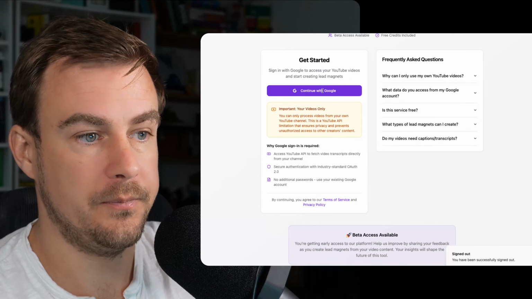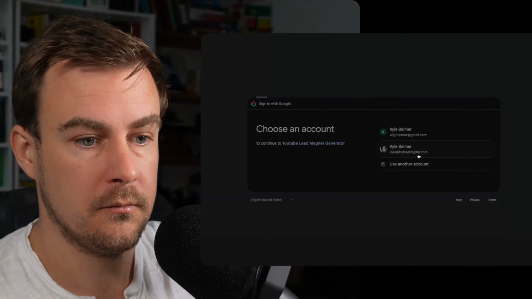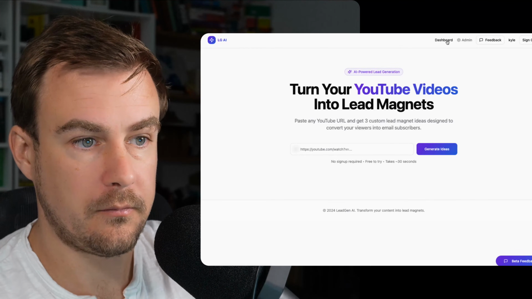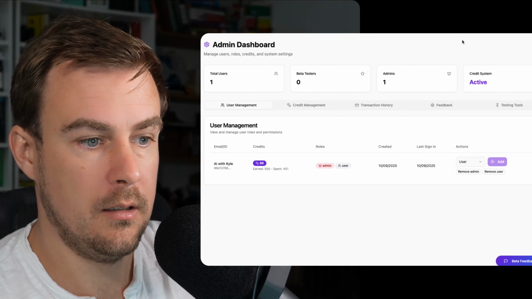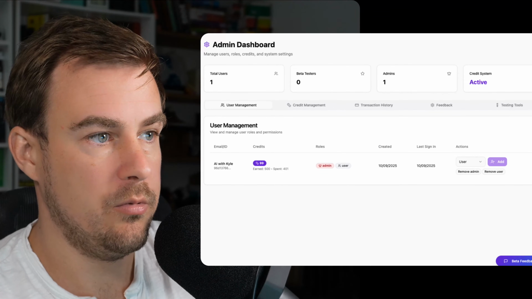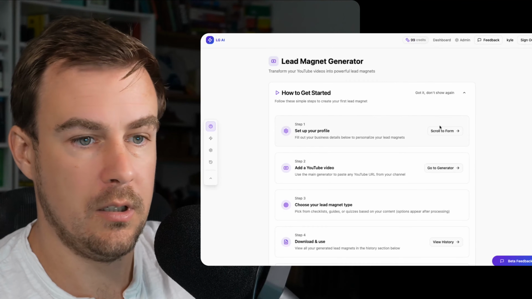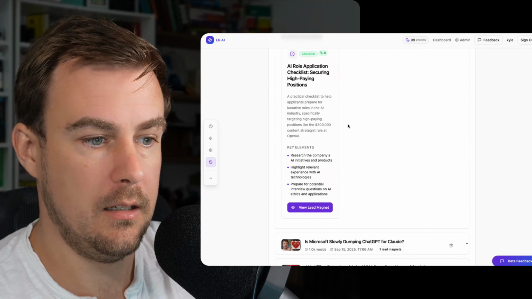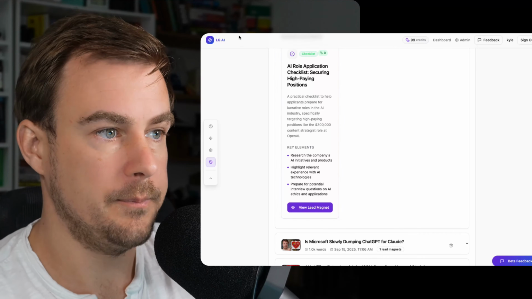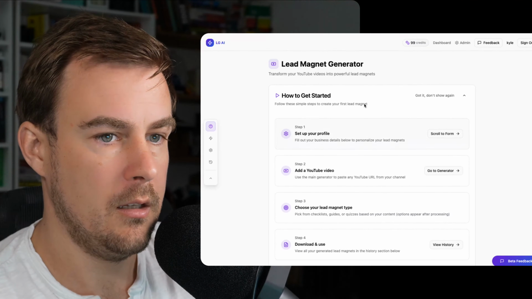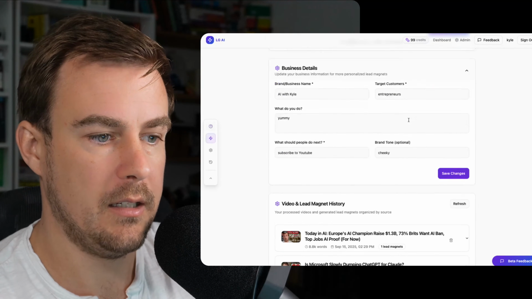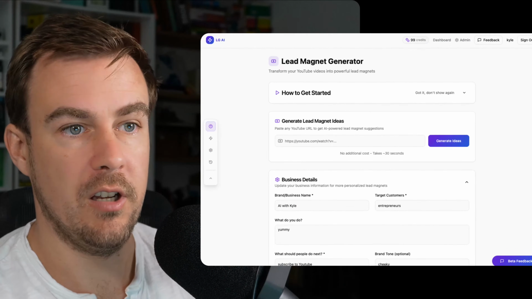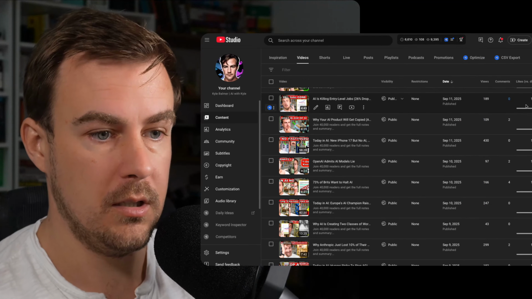Probably need to sign back in because I haven't signed in for a while. Okay, so whoops, that is my admin dashboard. That's not what I need. It's a dashboard. So ideally, okay, I don't see it. Do I need to generate a new lead magnet? I think I might need to generate a new lead magnet, so I'm going to go ahead and do one